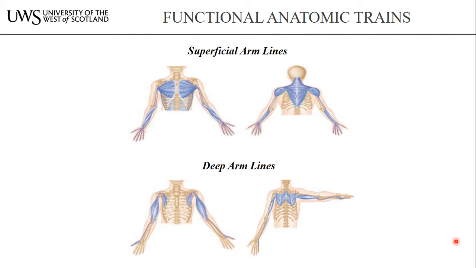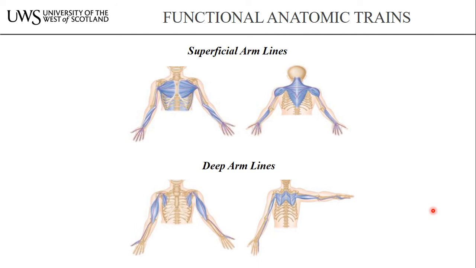From a postural perspective, the deep ones are those involved in stabilizing the joints of the upper limbs, mostly the shoulder joint. In fact, this line is the one creating the so-called